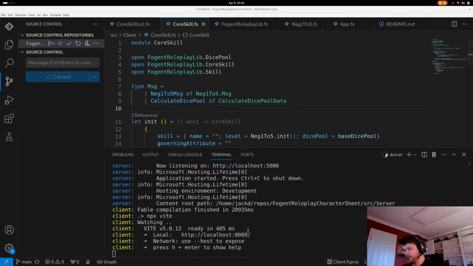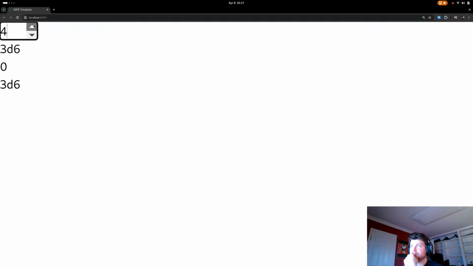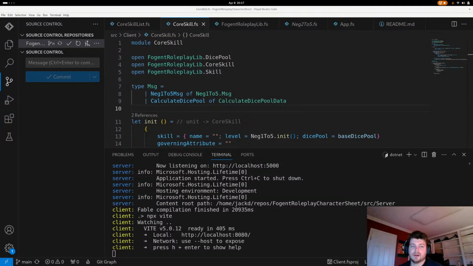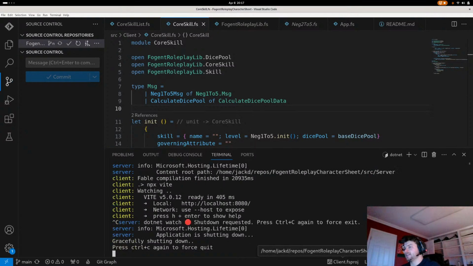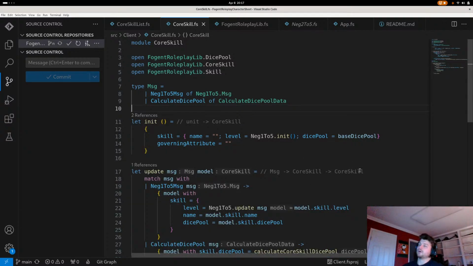So our server is up and running. Let's see here. Okay, we have a couple of our core skills working here. Nice. So now what I'm going to actually do is skip ahead a little bit here. And instead of building the logic that's going to represent the entire attribute and core skill table, we're going to go ahead and build up our